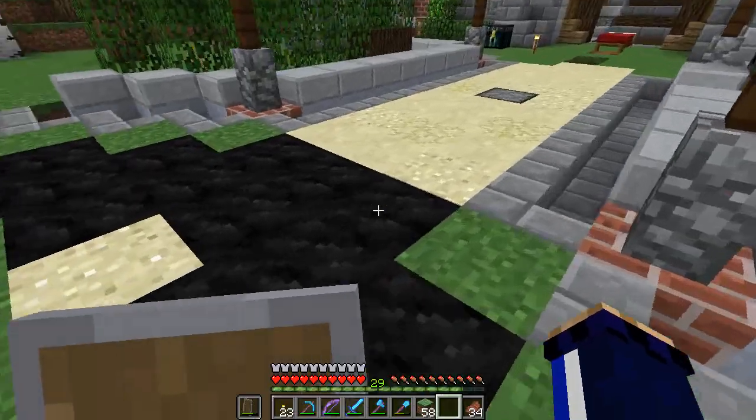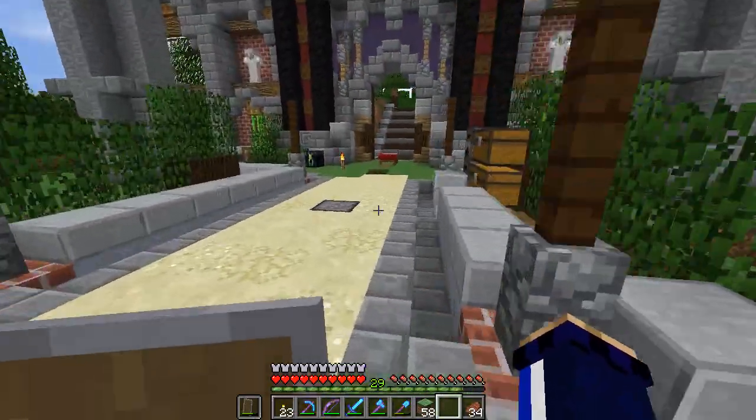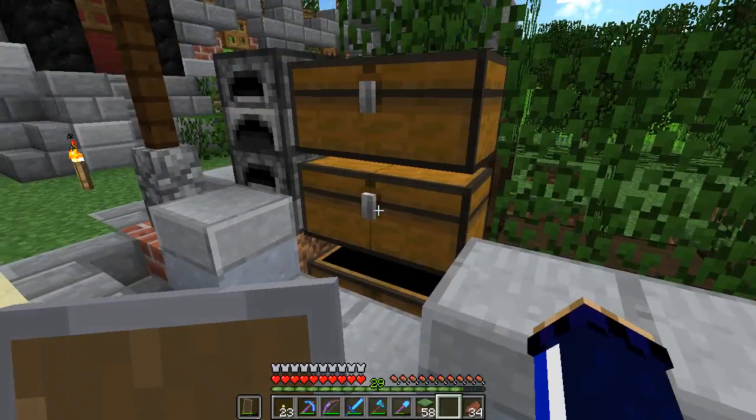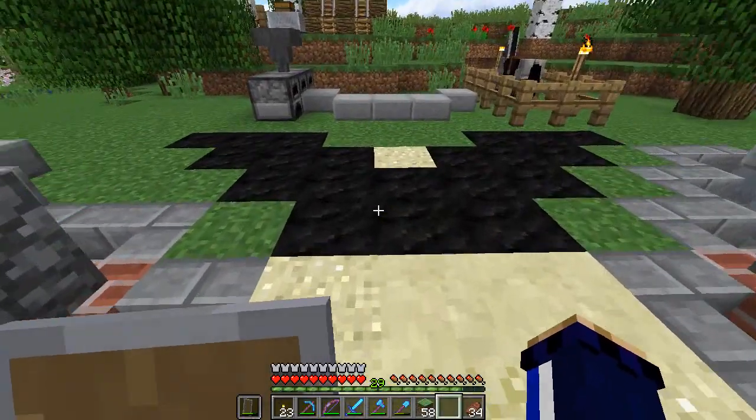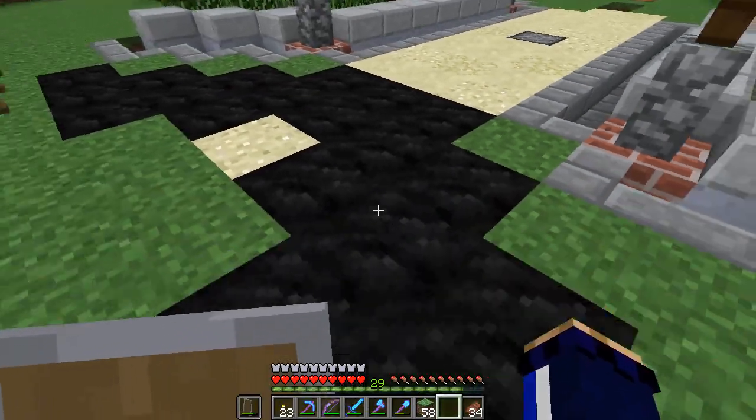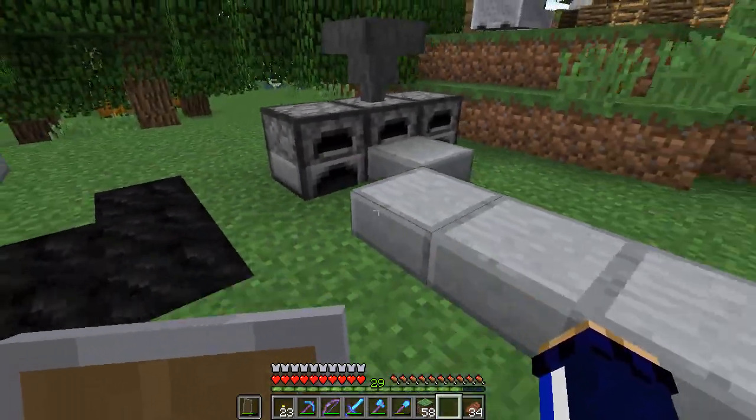Now, maybe this black kind of... I've been mining a little bit, and I've got myself... Where are they? So many coal blocks right there, so definitely got a huge supply of those, and I've been working out what else to do with them, hence this bit. And this is going to turn out into a kind of...